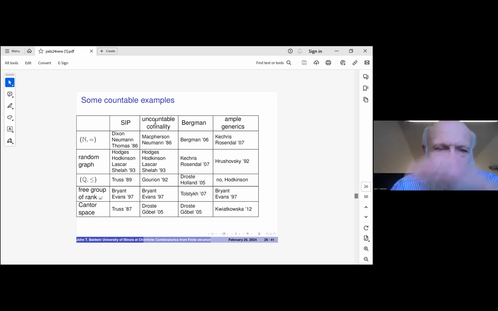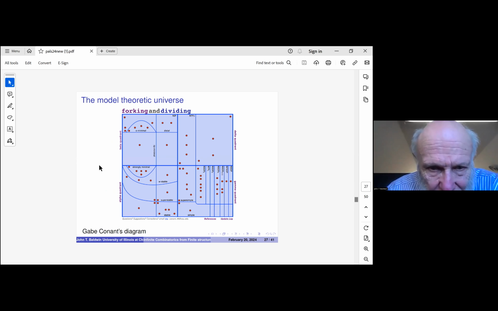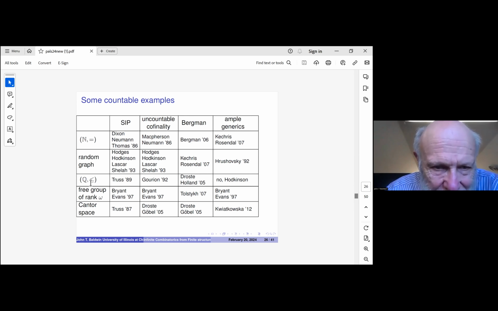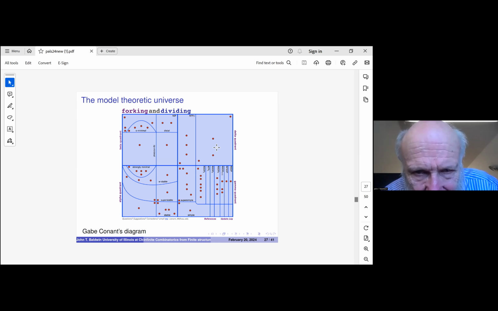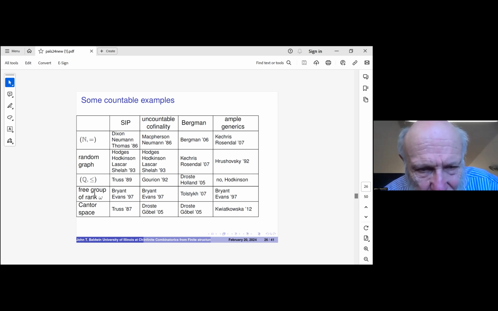But I wanted to put up the chart from Peter to point out that a pure set has SIP. So that's totally categorical, omega stable, just as well behaved as possible. The random graph, do I have it? Yes, the random graph is here. Super simple, but it's a long way from there. The dense linear order and Cantor space, that is, I think, the dual space of the atomless Boolean algebra, is up here. And the free group of rank omega,